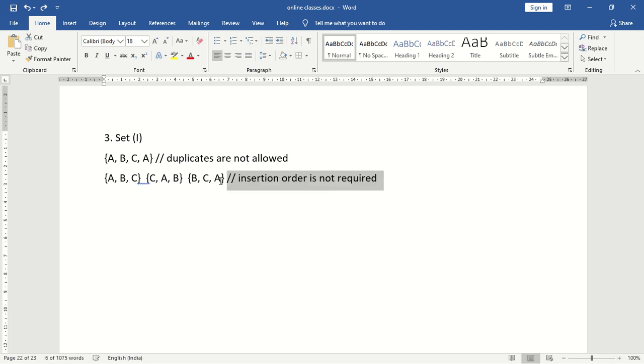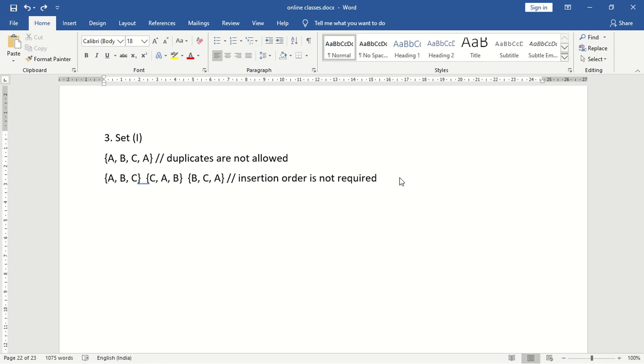So when should we go for a set? If we want to represent a group of individual objects as a single entity where duplicates are not allowed and insertion order is not required, in that case we should go for a Set.